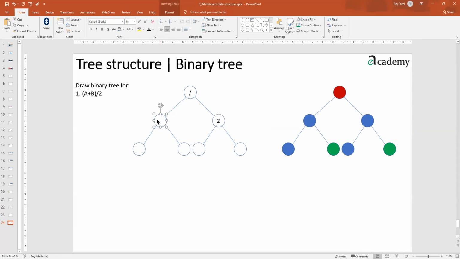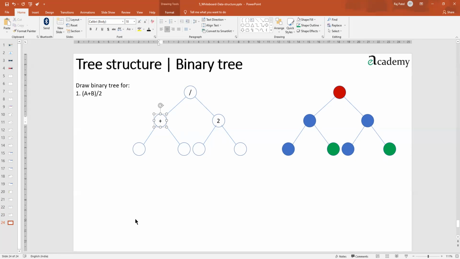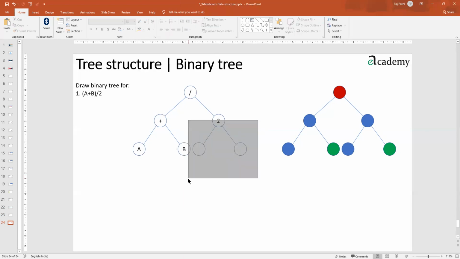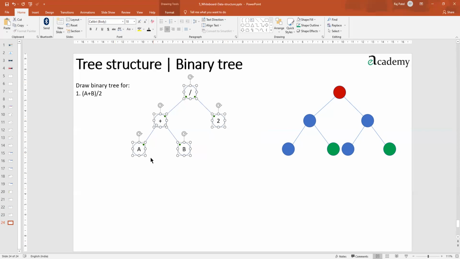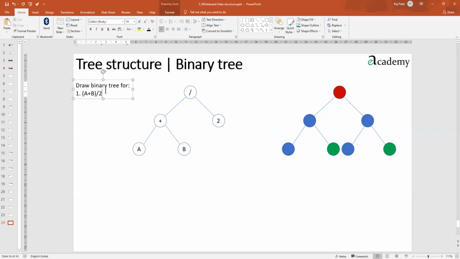This one will become what? Here it is something plus something, meaning plus will happen first, a plus b, and then the division will happen. So here I can write only plus, and here I'll say it is a, and this is b. You can see a plus b whole divided by 2. So that is the binary tree of this, and you get 3 marks. Yes, you are hearing me perfectly. You get 3 marks. You have to draw this fully using a black pen. So never lose such questions.